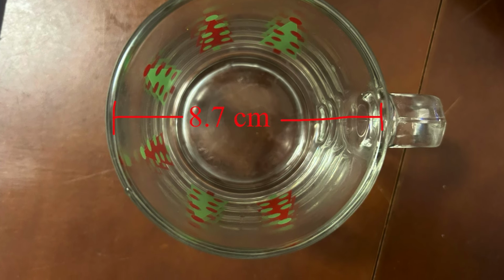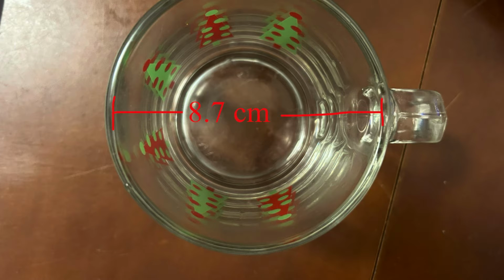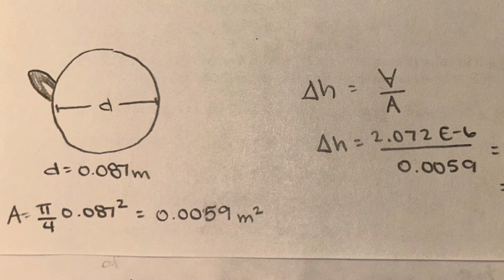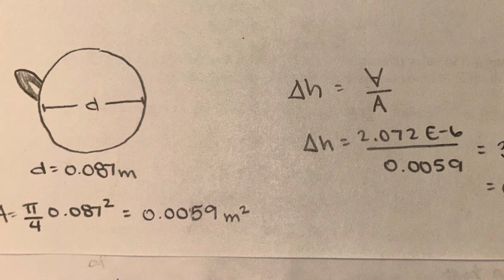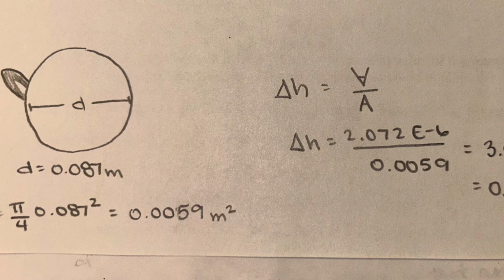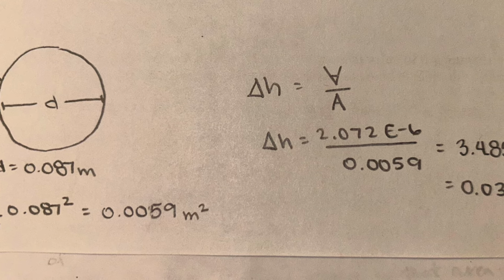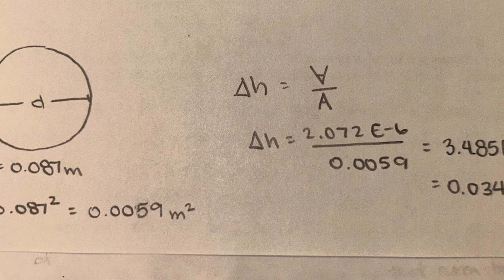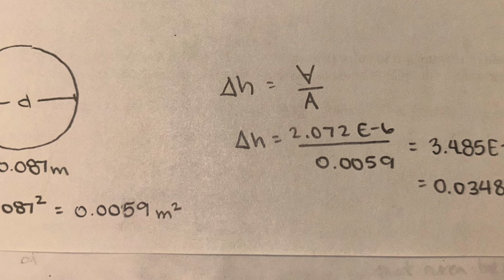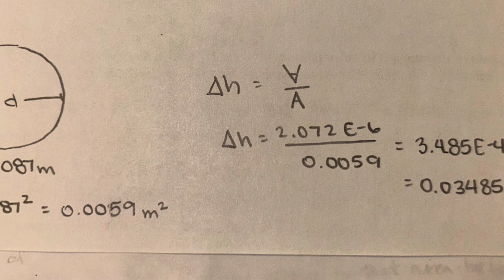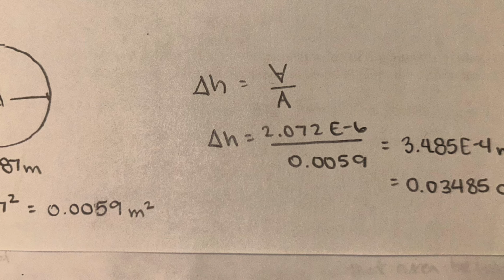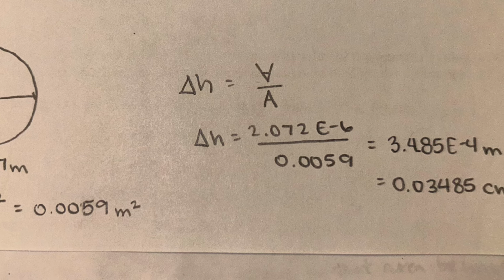She measures the diameter of a standard mug to be 8.7 centimeters. Using this diameter, she calculates the surface area to be equal to 0.0059 meters squared. The change in height of the water in the cup is equal to the volume submerged divided by the surface area of the cup. Doing this calculation, the fluid mechanic finds that the change in water height is equal to